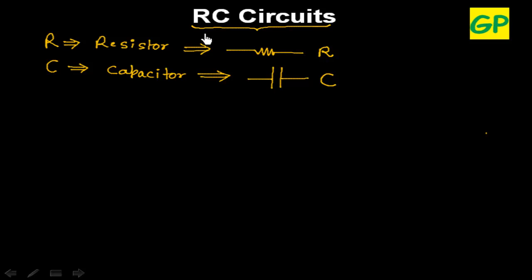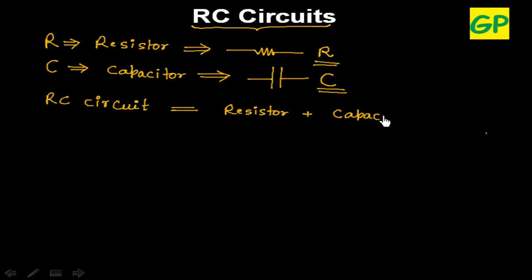So an RC circuit is an electrical circuit that contains a resistor and a capacitor. So this is an electrical circuit that contains a resistor and this contains a capacitor. Of course, the circuit will also have a battery, because the battery is the one that makes the current flow in the circuit. So the circuit also has a battery.